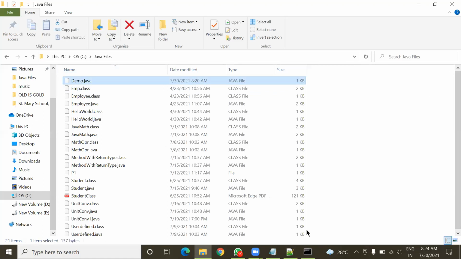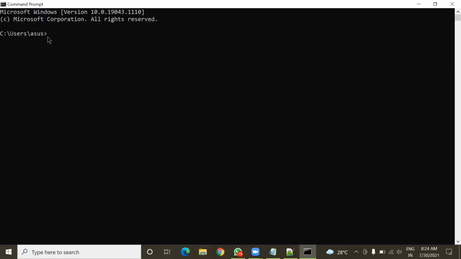So in command prompt, I have to change the location to the Java files folder so that I can access my program file there. So I'll have to get back into C drive. Means I'll have to get back from the Asus folder and the users folder. So the command is cd dot dot. Means if I use this cd dot dot command here, then I'll get back into the users folder. Means I'll come out from this Asus folder. If I press the enter key, now see the result.